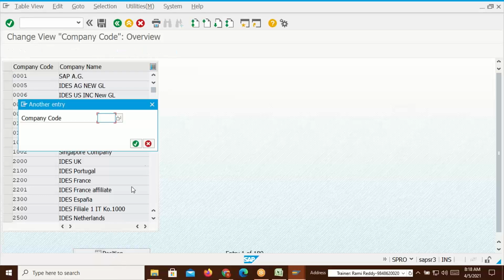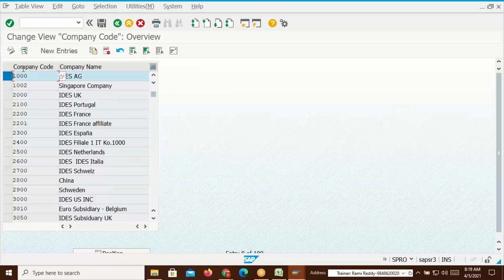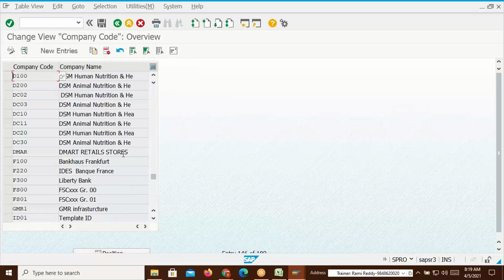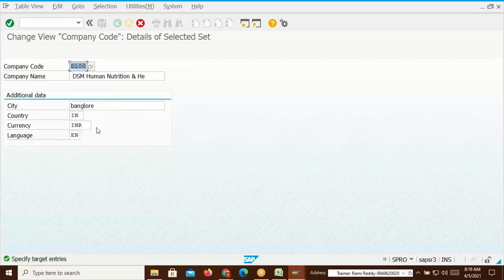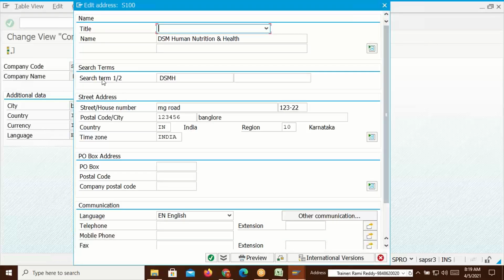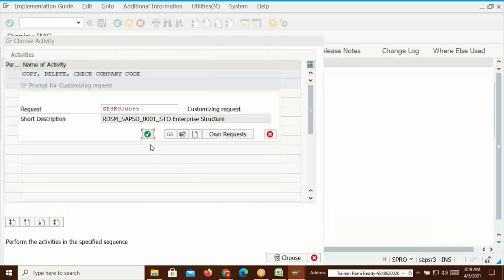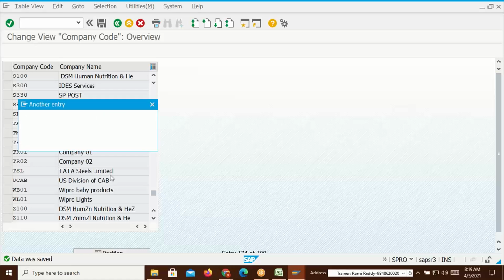Then go here, select 1000, click on enter and select it. Okay, I will not select this. I'll select something else, D. Somebody might have created. Yeah, see, so many people have created D100. I'll say copy as. I no need to change anything. I'll put it as S100, first company code. Click on enter. Everything I'll use as it is. No need to worry. I'll save it, say continue,